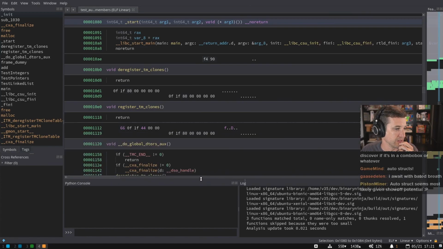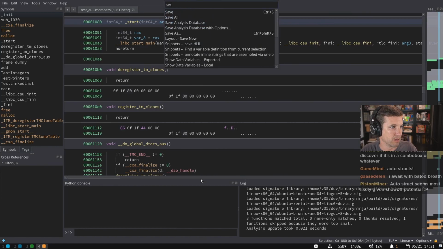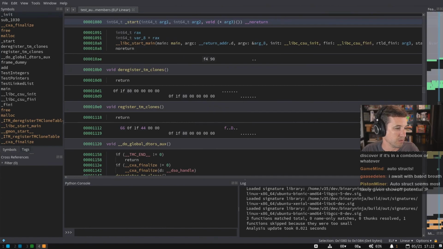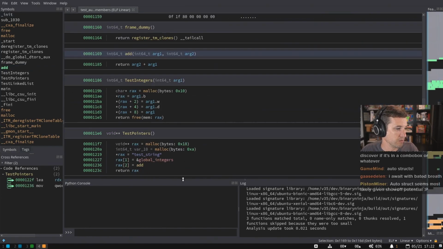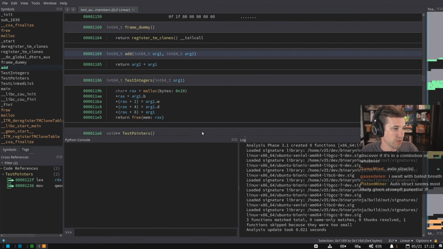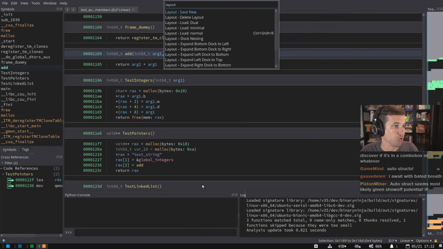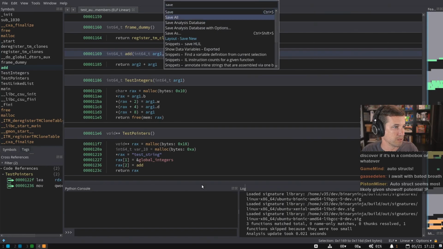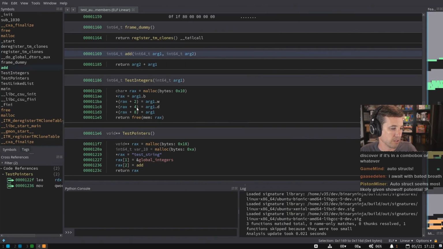I should shrink that a little bit more and then layouts. Is this dual? Yeah, save new, dual. So I think if let's see, do this and then Control Shift R. No, it's still a bit tall. I don't remember. Oh, normal is the layout name. Okay, so dual I just overwrote. Oh, wow. All right, so let's save this to save new layout. We're going to overwrite normal because I like it a little bit lower there. All right, so let's check it out.